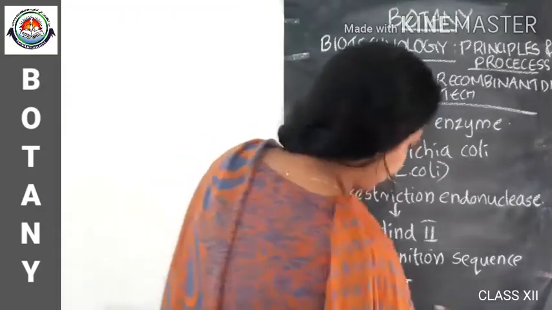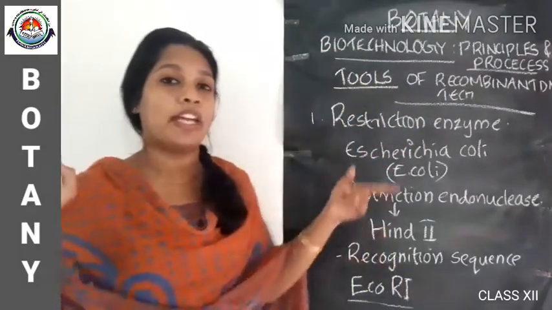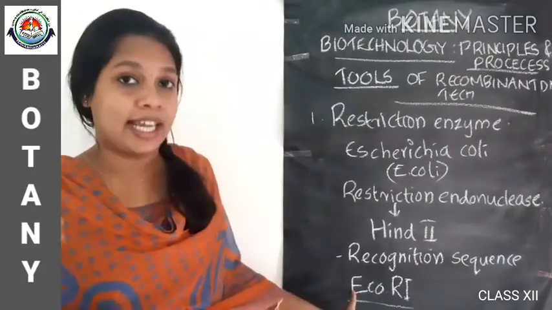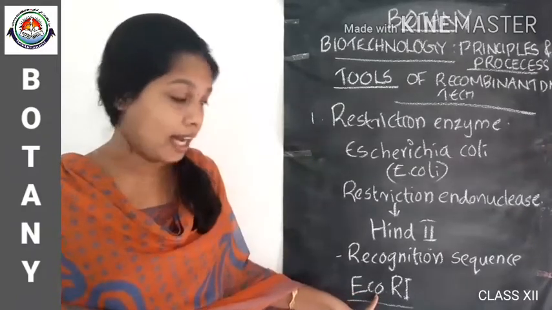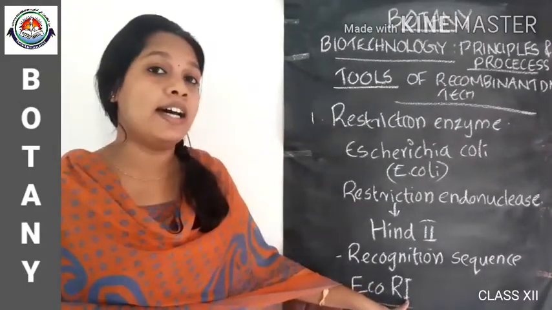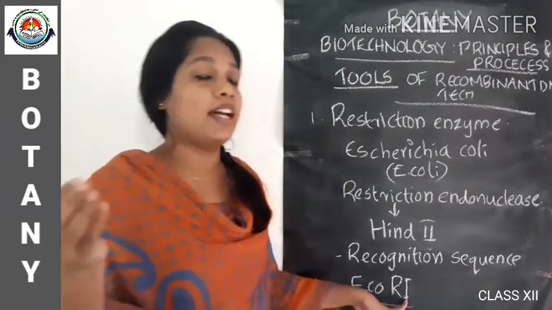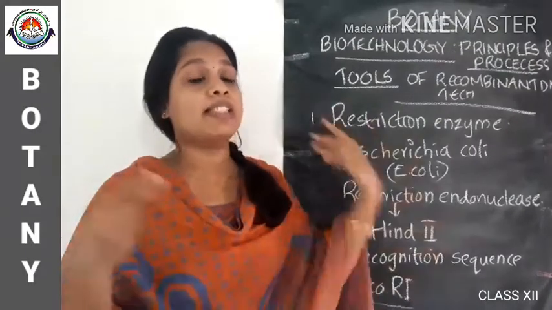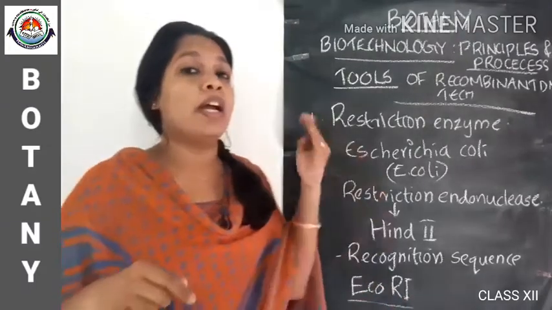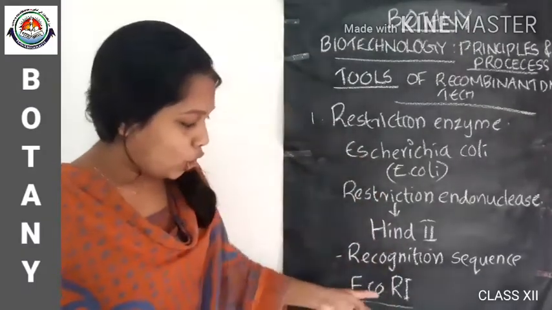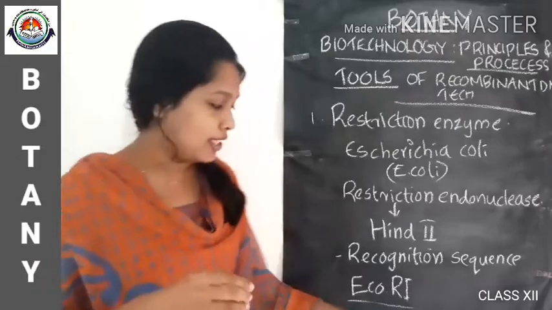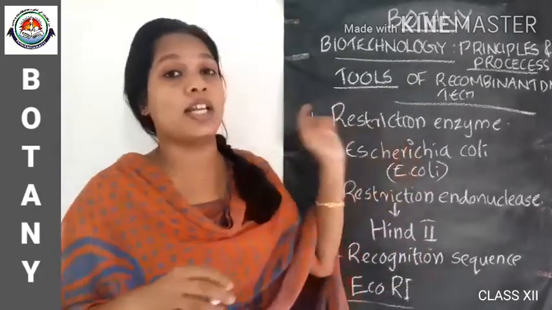Okay, this is another restriction enzyme which is obtained from Escherichia coli. That is EcoR1. E means Escherichia, Co means coli, R means the strain of the bacteria, and this Roman numeral represents the order in which the enzyme was isolated from the strain of bacteria. So EcoR1 is isolated from Escherichia coli; Eco can be written in italics, then R1. Okay, so this is another restriction enzyme.